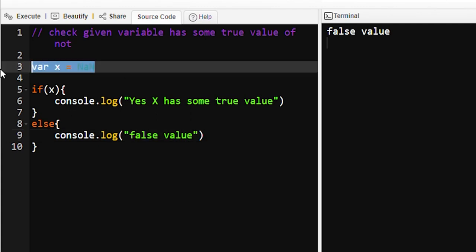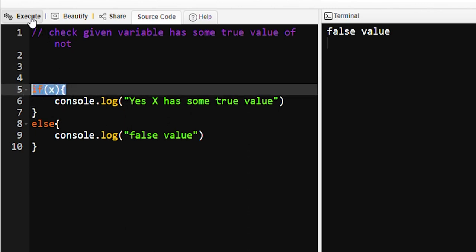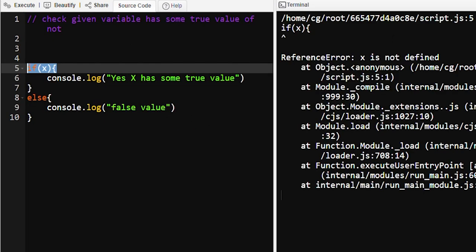Suppose this x was undefined, then it will throw an error because x is not defined. See, it is throwing an error: x is not defined. So we need to check whether x is defined or not. We can check the typeof x using the typeof operator, where we provide an operand, x. We use the strict check, not double equal to, which compares the value and type also. So if typeof x is not equal to undefined,